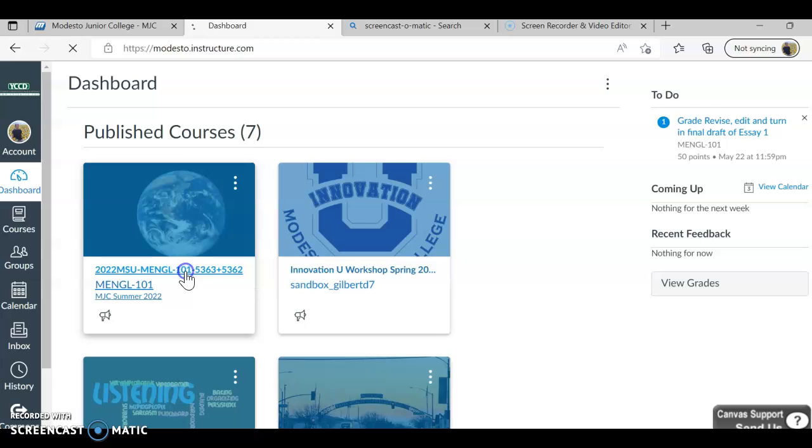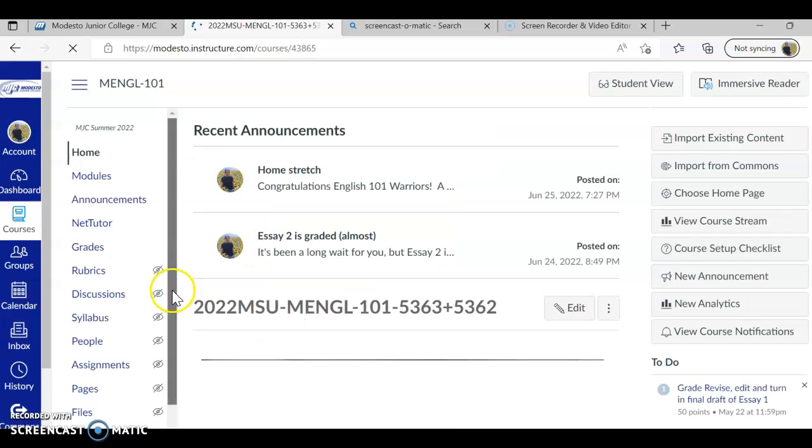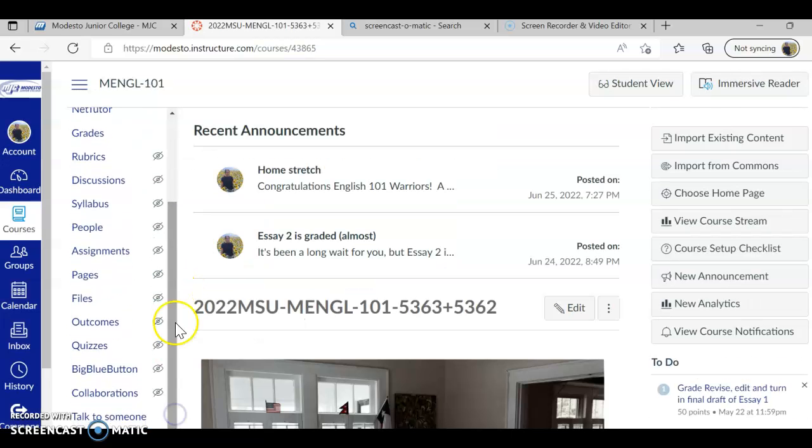So this is my Canvas. So if you go into your Canvas and go to settings, just at the